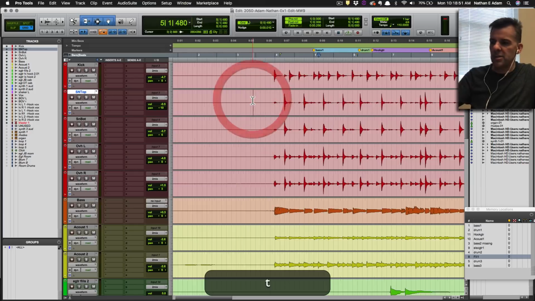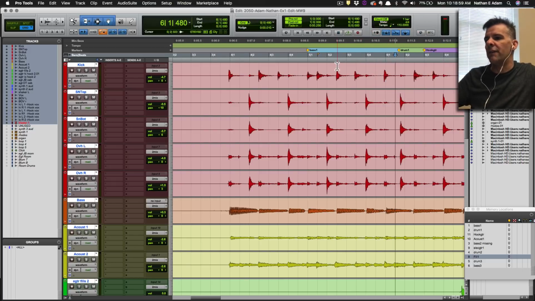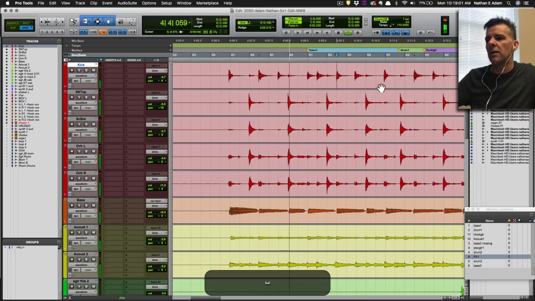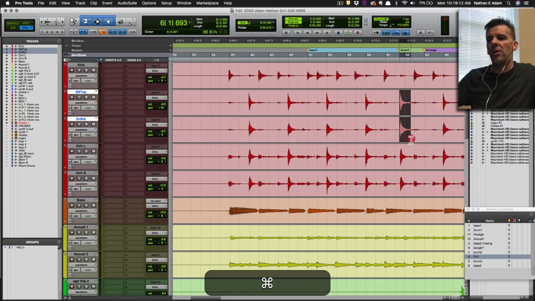And here's why. If I zoom in on these drums, I notice this first drum error here at about bar 6.2, or bar 6 beat 2. If I hit play and listen to it, we see and hear that this snare drum here is early. Now, if I were to actually just edit that drum out and move it to the right time,